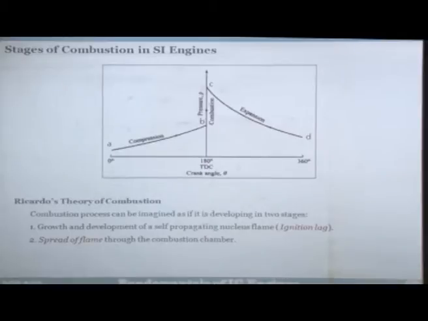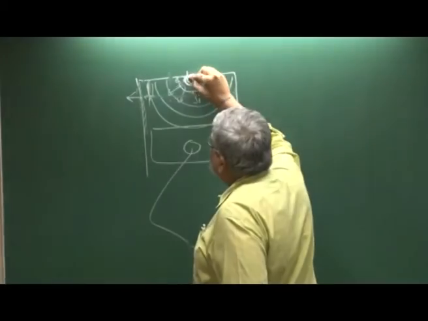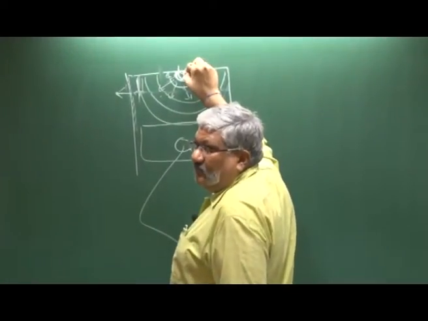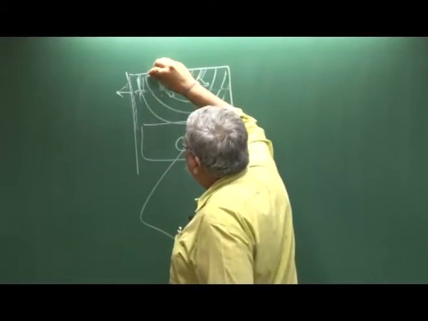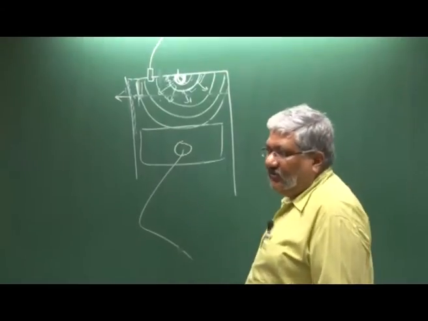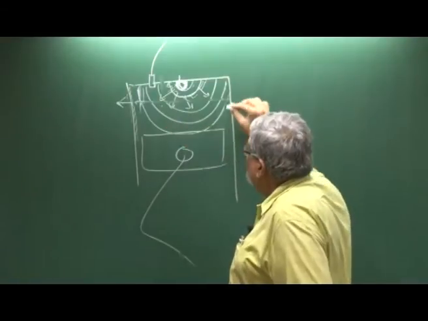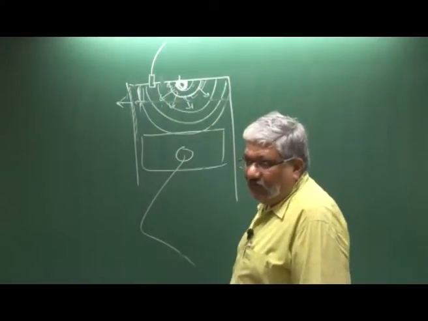That means you apply the spark and then nothing seems to be happening, and then you see some small flame happening. But if this is the combustion chamber and the small flames have come up in this small zone, self sustainable, will you experience any pressure change here? Suppose you put your pressure transducer here, will you experience any pressure change? The answer is no, because this heat release will be too small to change any pressure in the entire volume.